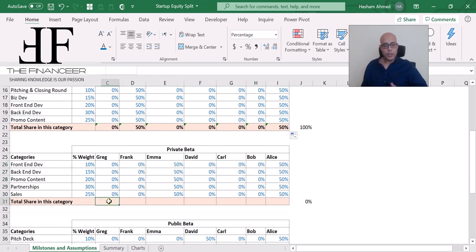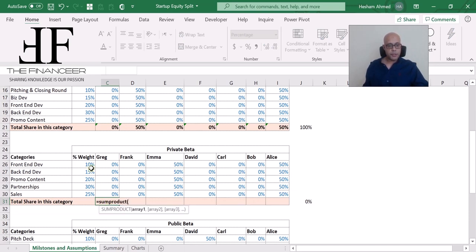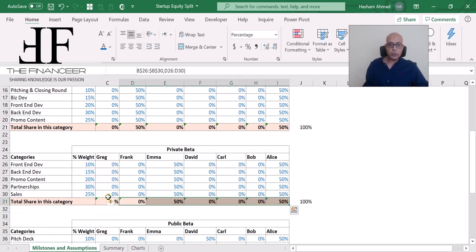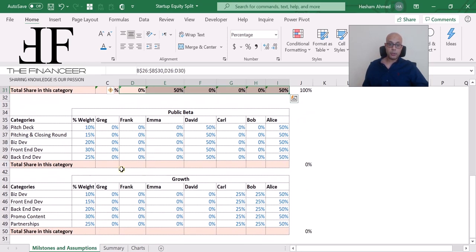So we are going to do the same exercise to calculate the weighted average by using sum product. And these are the weights. So we are going to make it an absolute reference, and then this is the contribution of each one. By doing that, you will be able to drag it to the right in order to calculate the contribution of the third milestone. Again, we are going to do the same for the